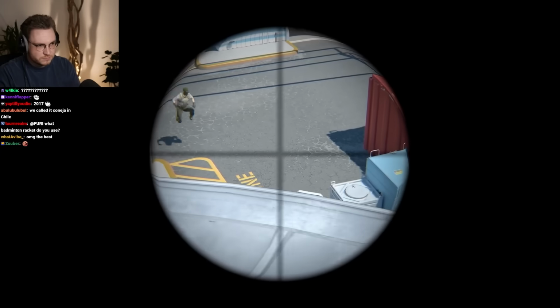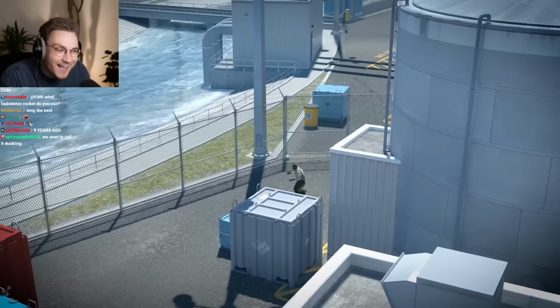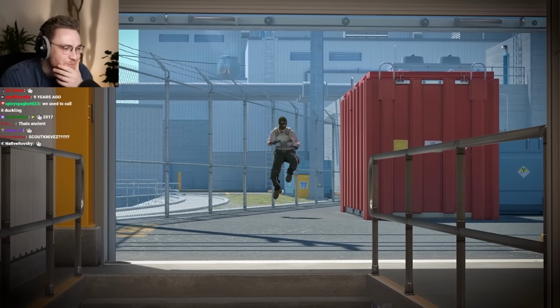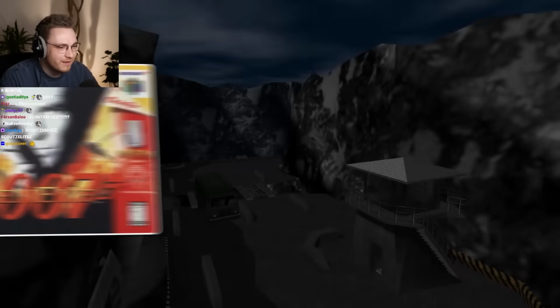Wait, what was that? How is he going so fast? There's got to be a cheat. Well, that's called B-hopping. But long before B-hopping existed, players were already finding ways to break movement physics in games. For example, in GoldenEye and Doom, players